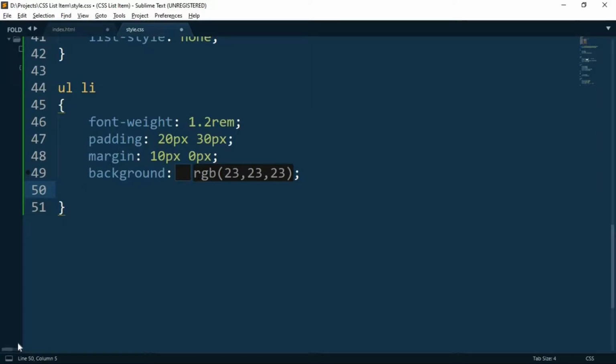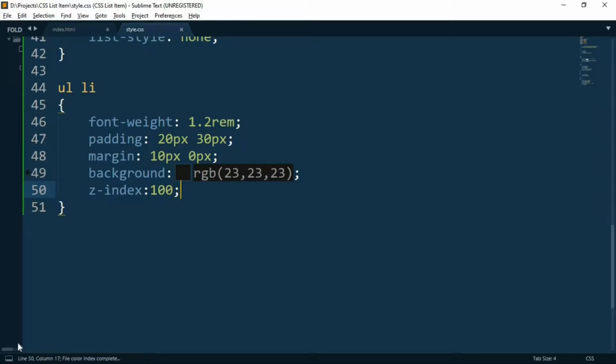So if we put the Z index value to be negative, the element that is on its place will be shown in the front, and the element that we are designing right now will go at the back of the previous element. So we want it to be visible for the users, so we want it to be set to be 100.